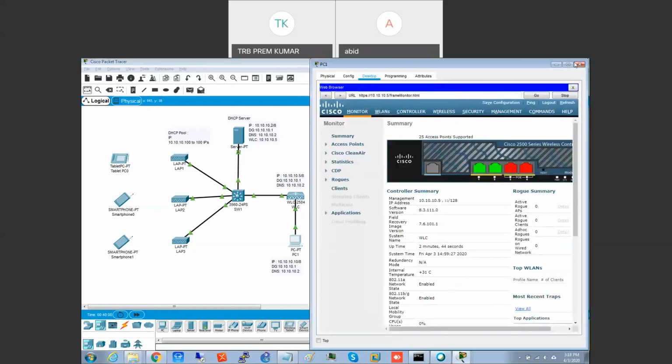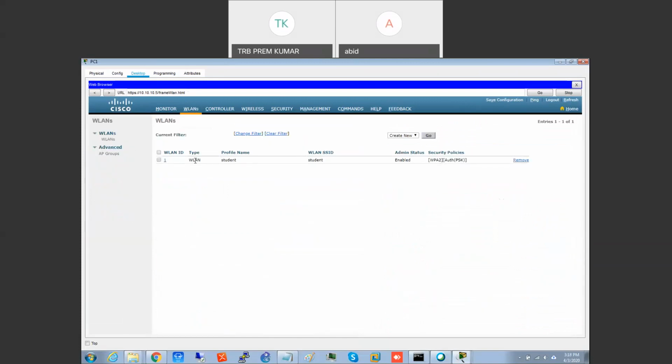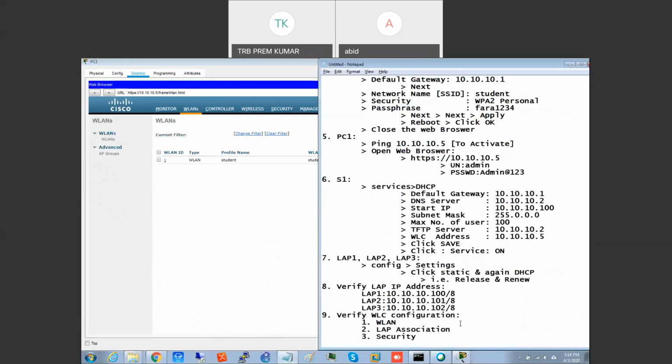This is my WLC. I'll maximize this now. Now, first thing, I'll go to WLAN. There is one WLAN, the name of the WLAN is student, and I will click on it. I'll note down this point. So WLAN, and click the first one, which is student.